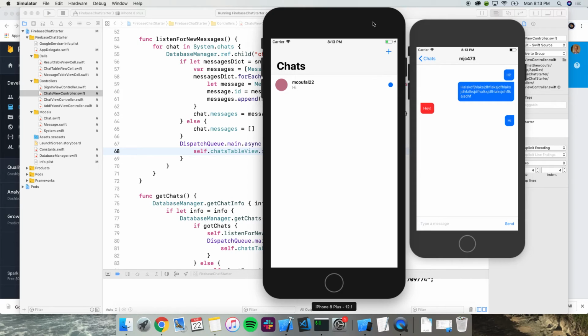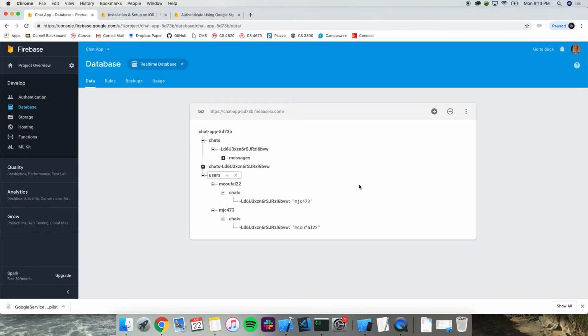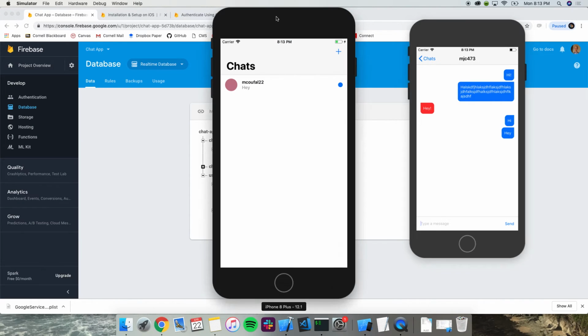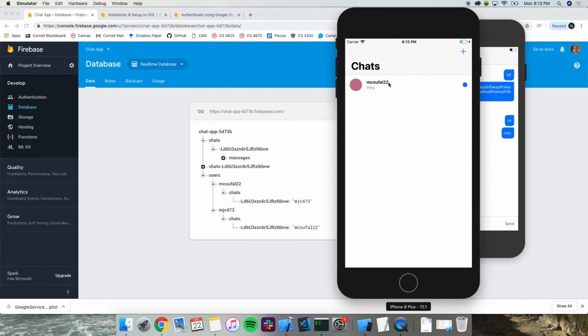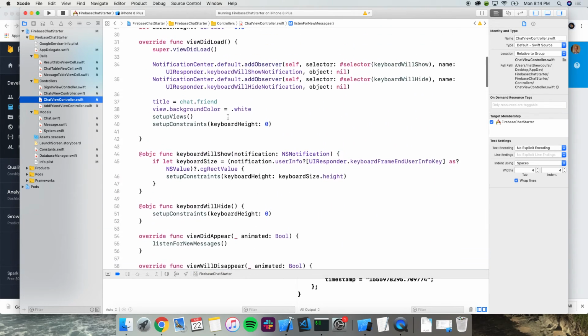Okay. So now we're always listening, which is cool. So if I send a message, we get that in the other simulator. And now that we added updating whether or not a message has been read, let's take a look at the database. So if I go into the conversation, nothing happens right now. So if we go back to our view controller,